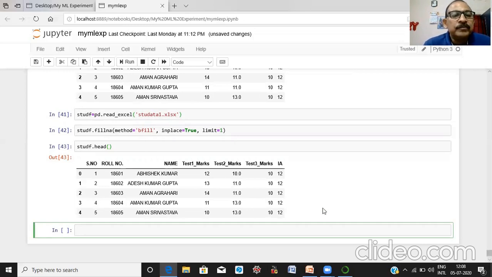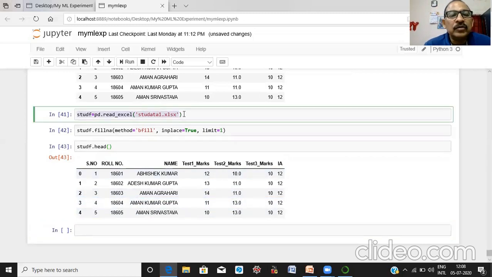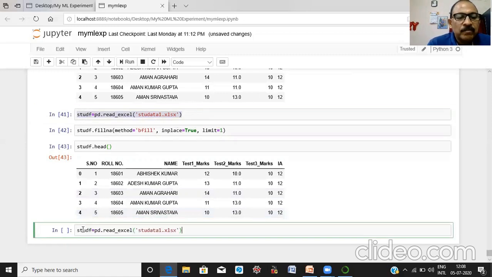Next, again we reload this data set. Run it.